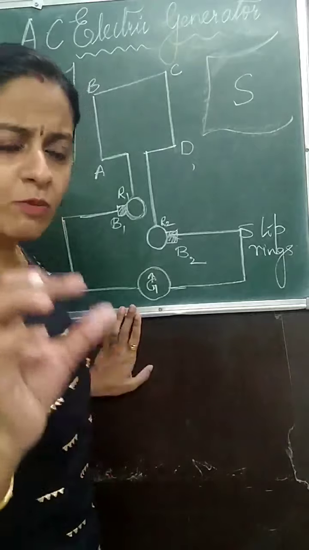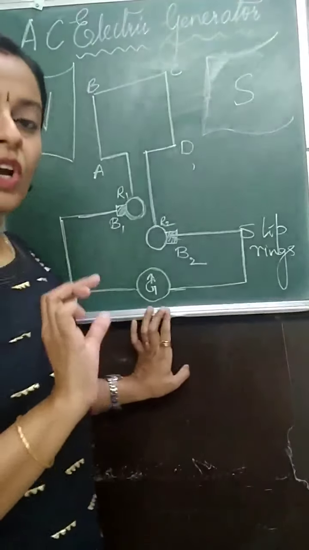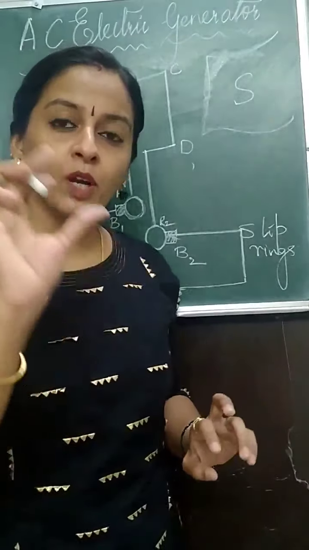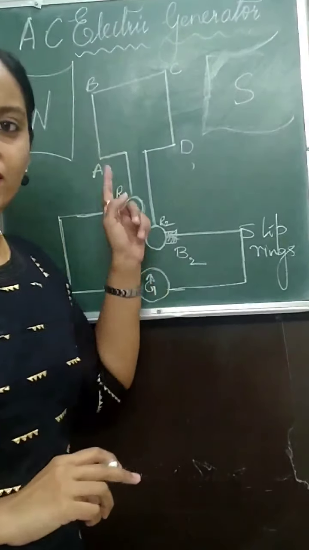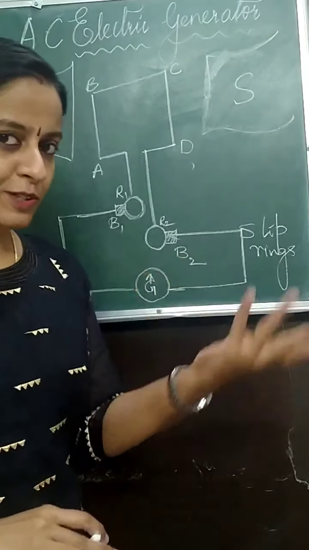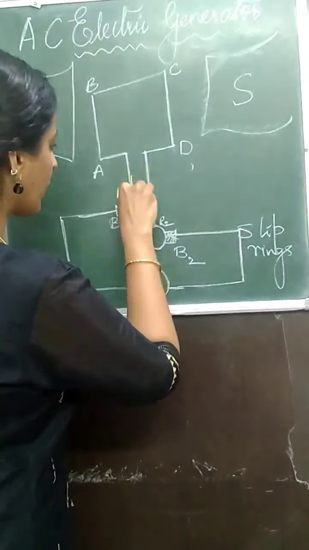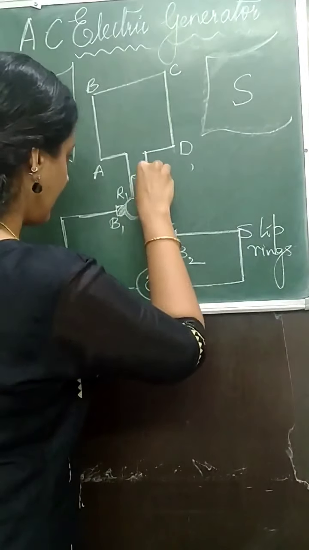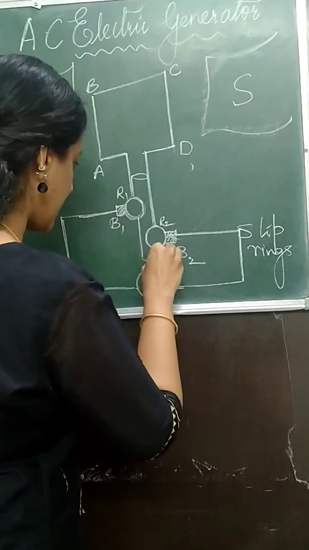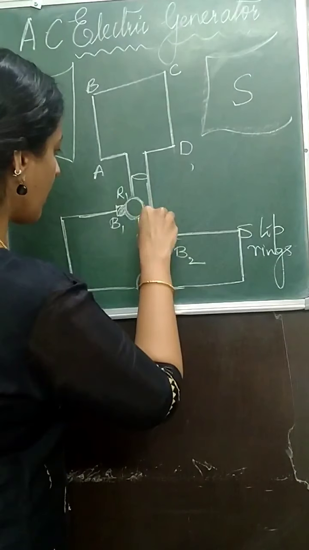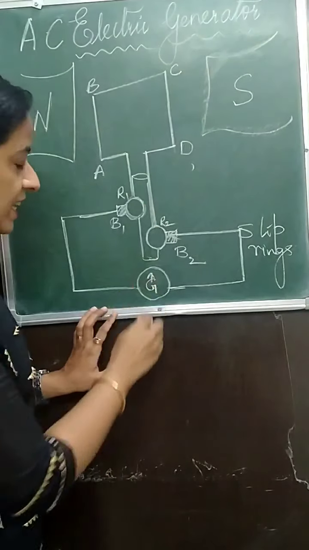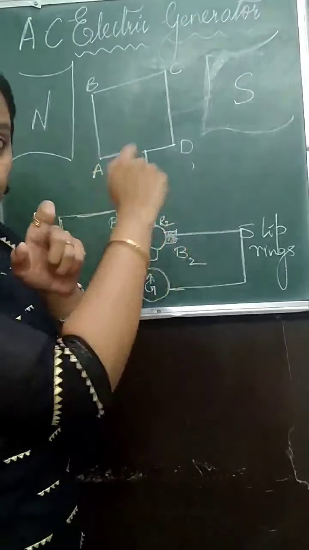Okay. In some textbooks you will see a bulb here. If the bulb is kept, if the bulb glows, it means electric current is passing through the circuit. That way also is correct. Okay. So this is the setup. Now here in between we have an axle. Okay. We have an axle here. It can be shown this way. An axle. We need the coil to move, no?